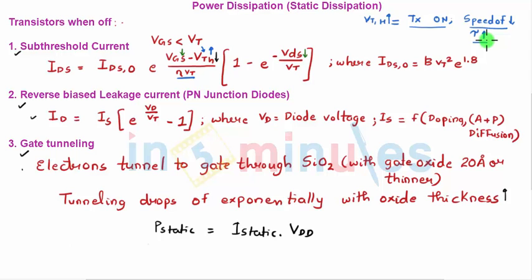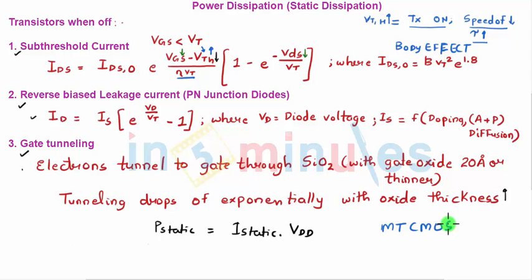However, there might be some transistors in my circuit where delay does not matter. In those transistors, we can definitely increase the threshold voltage, and we can do that through a phenomenon called body effect, in which my substrate or body and my source are not connected to the same potential, which leads to an increase in the threshold voltage. So we can do that for certain transistors in which the speed or the delay is not very critical, or they are not in the critical path. This technique is nothing but multiple threshold CMOS circuit, or MTCMOS, where certain transistors will have a low threshold voltage and certain will have a high threshold voltage,